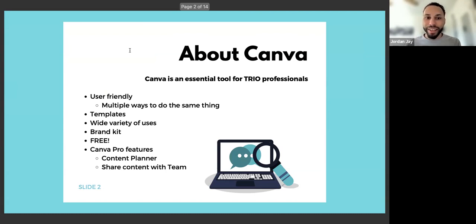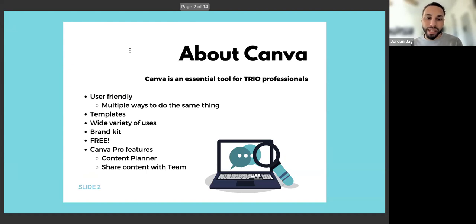I love the example of Apple, how they say that with all of their products, the interface has multiple ways to do the same thing and get to the same place. For example, on the iPhone, you can access the camera from at least three different places. And that contributes to such a user-friendly interface. Canva is exactly the same way. So I feel like it's a great place for beginners, but has the capabilities to do really advanced tasks.